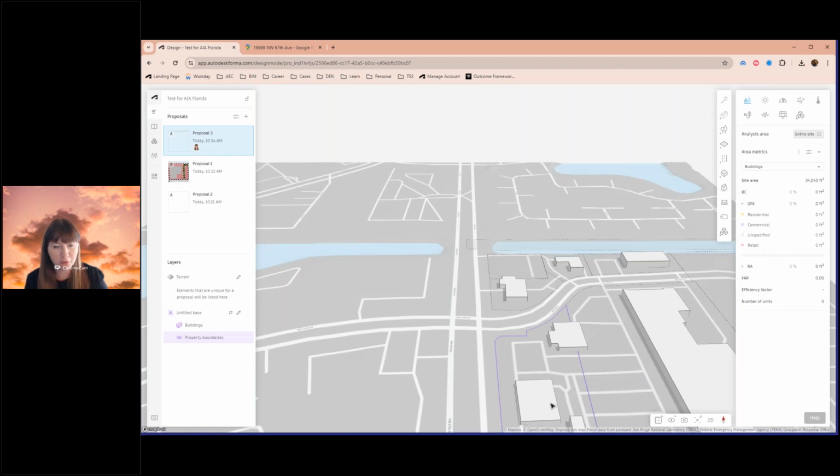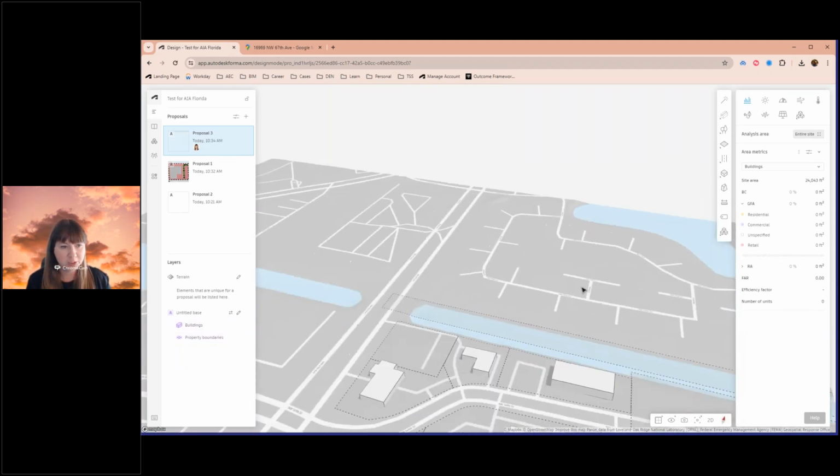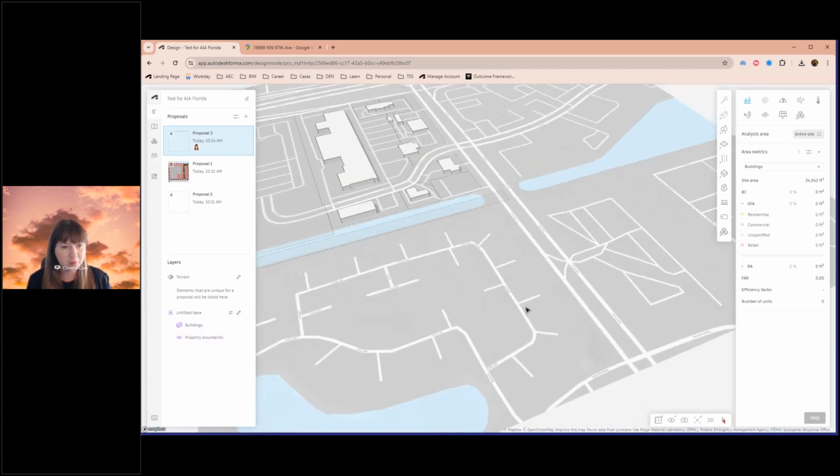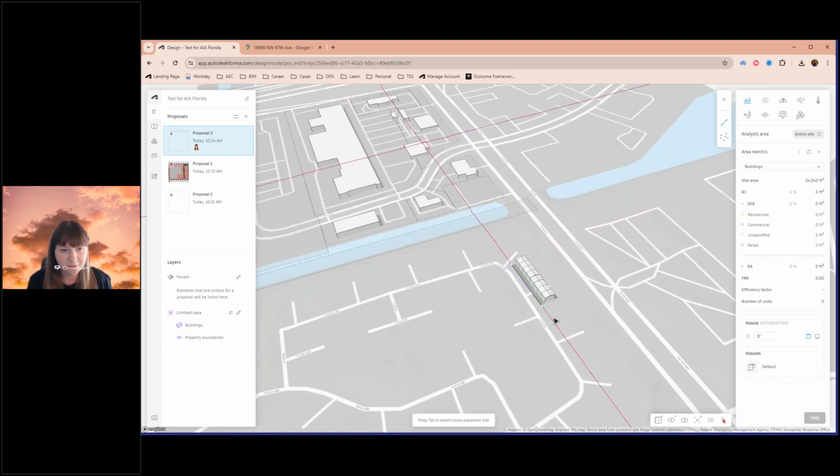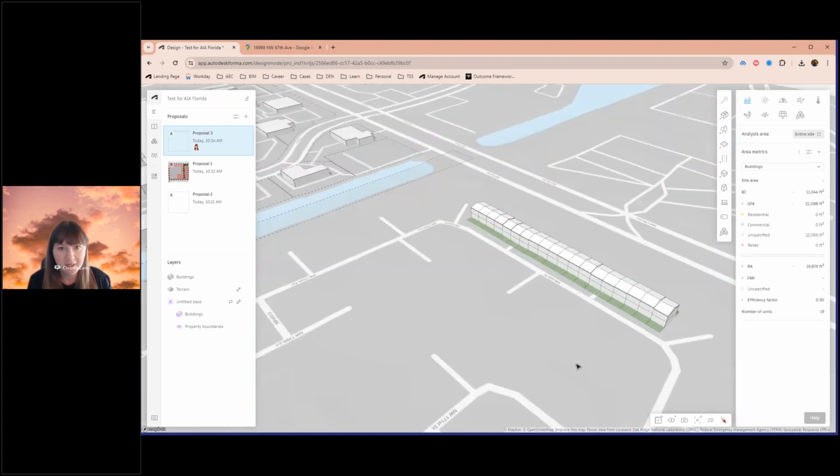And we'll take a look at the homes. Maybe we'll jump over here to more of a residential stretch. Let's say we're going to do this neighborhood. We'll go into the house tool. What it's going to ask you to do is draw a line here of homes, click enter to complete, and now we can come in